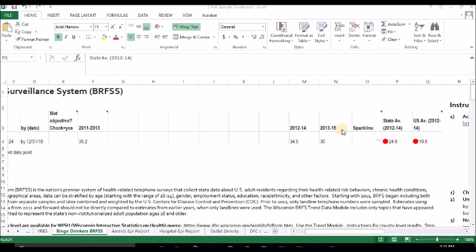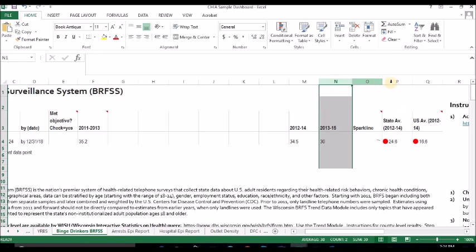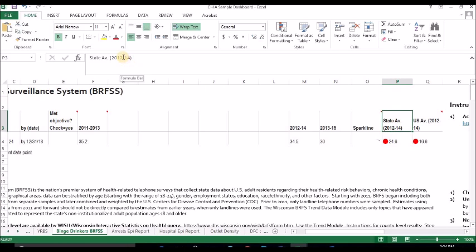Now, since we have a new data point available, 2013 to 15 locally, we most likely have a new state and US average available as well. So let's go ahead and change those. First, we'll just change the top headings here to reflect the new data. You'll note we don't keep this old data, so if you would like to track these benchmarks, please do so